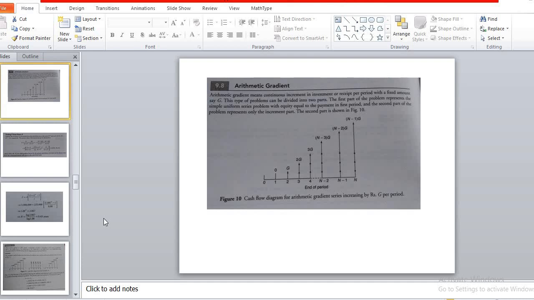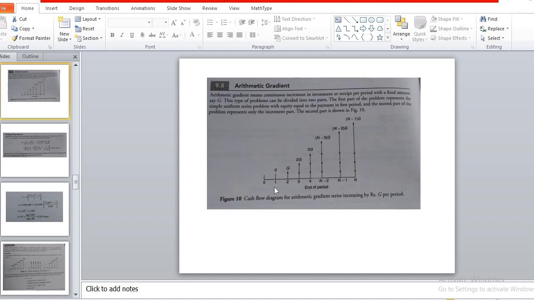Suppose a constant amount we will get each year, for the first year, second year, third year, fourth year, and so on up to the nth year. Now in this constant amount, suppose at the end of the first year, we will get some increment, which will again remain the same for each year.